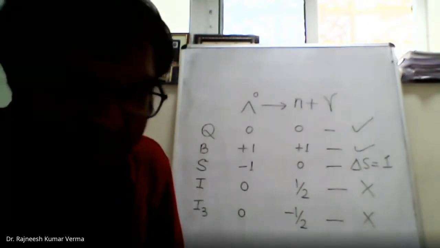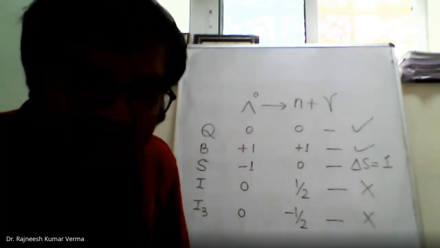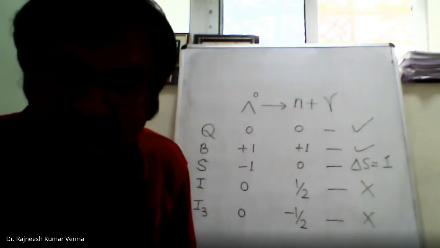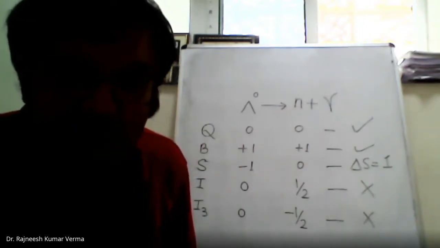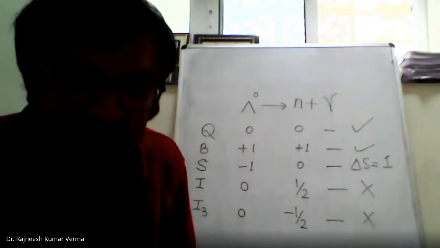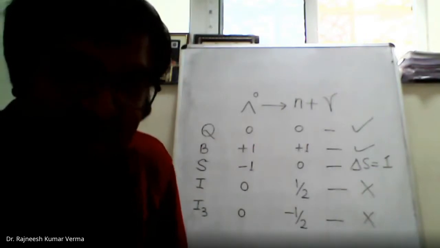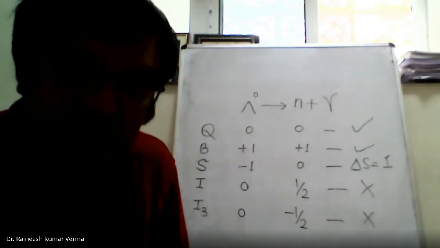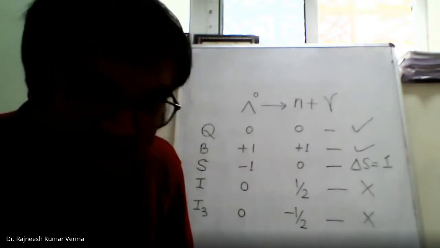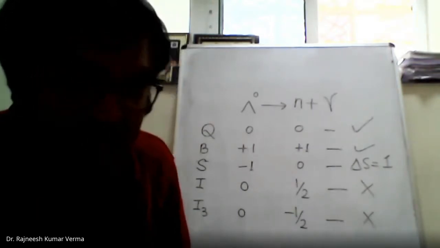Both are being violated. First of all, what Ashutosh had said, all of you remember this in your mind: whenever any particle physics reaction involves a gamma photon, it will take place via electromagnetic interaction, subject to the fulfillment of the rest of the conservation laws assigned for electromagnetic interaction.